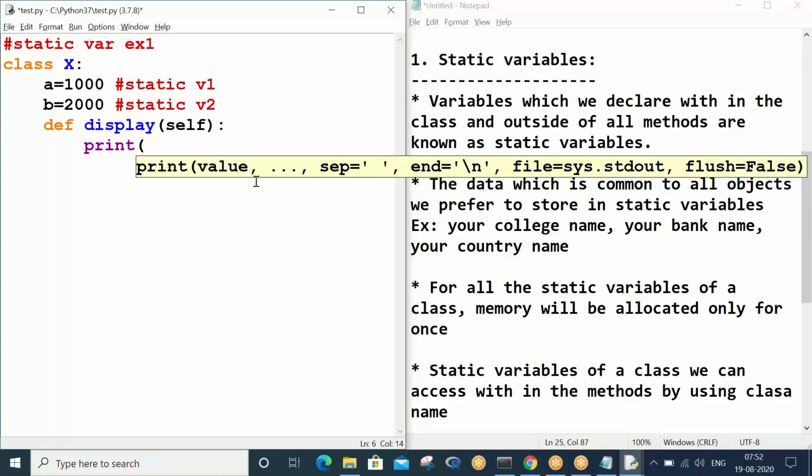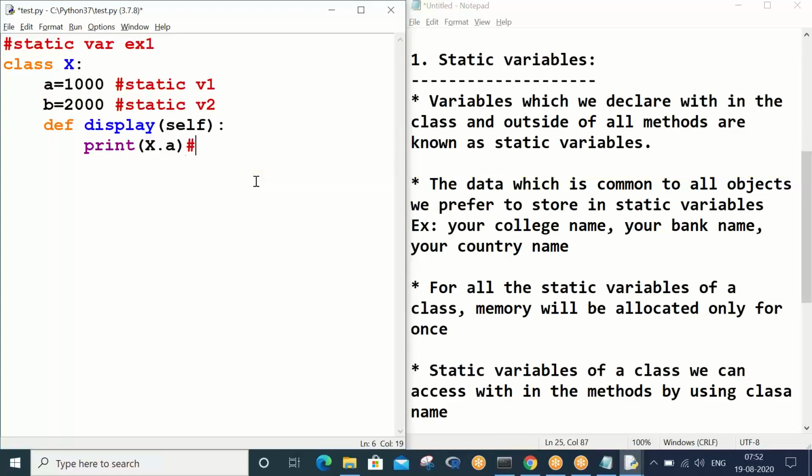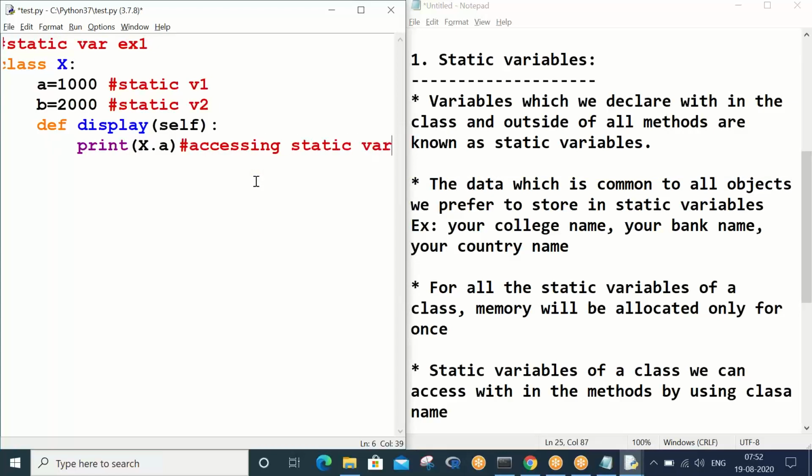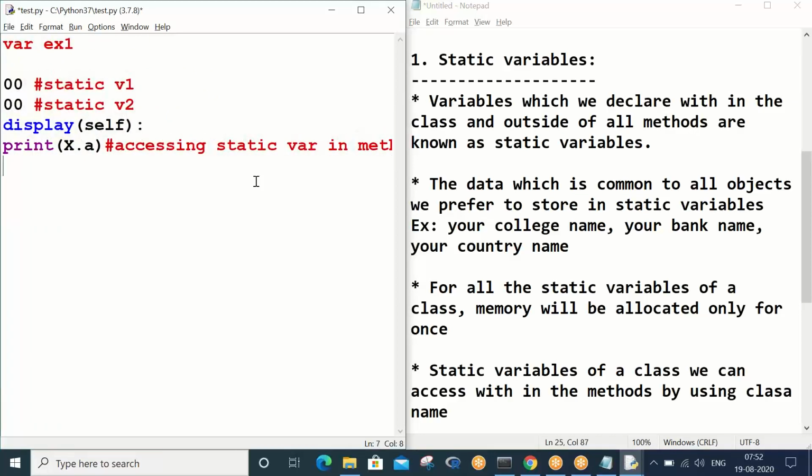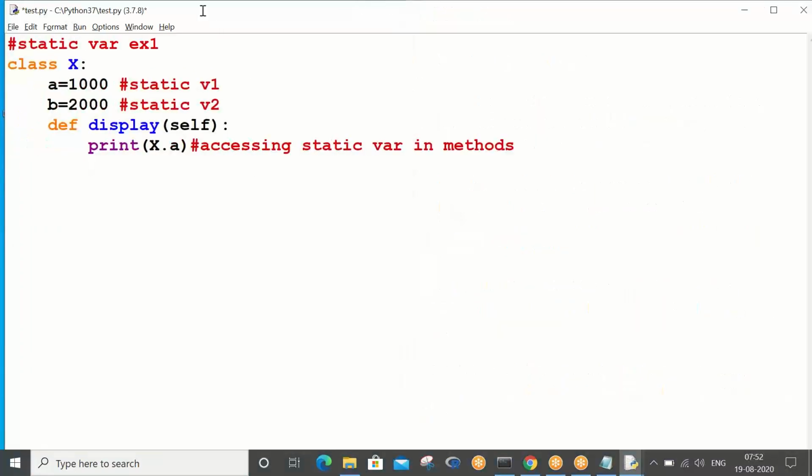Within the methods you call by using the class name, meaning X dot a. This is how we access a static variable in methods. So print X dot b.